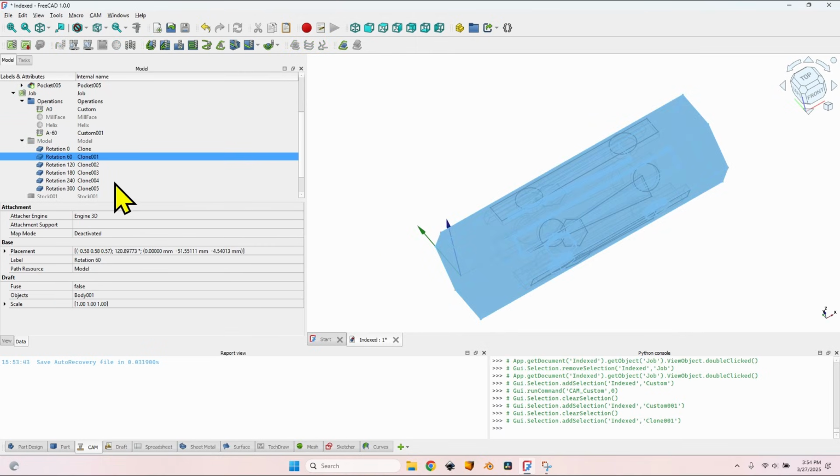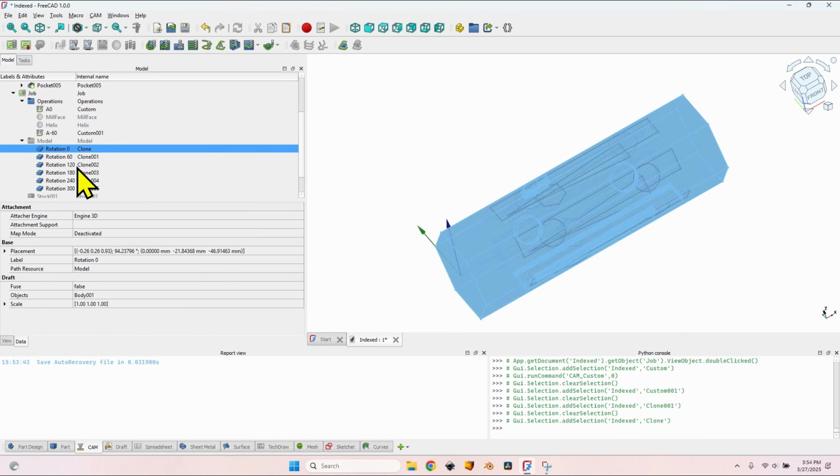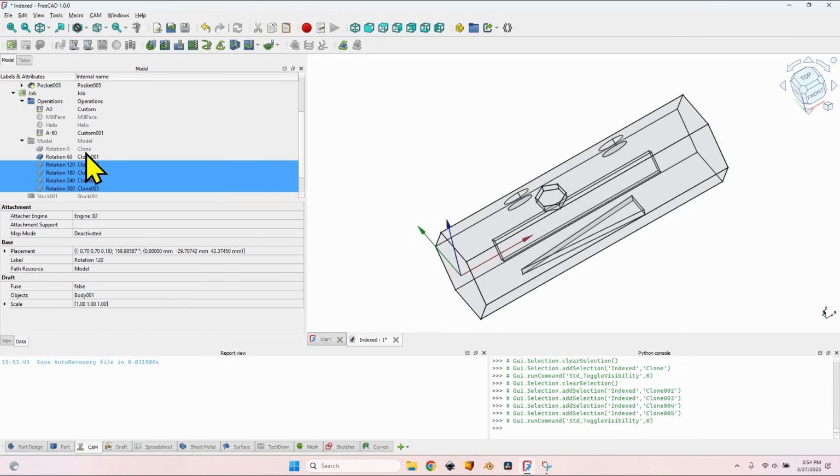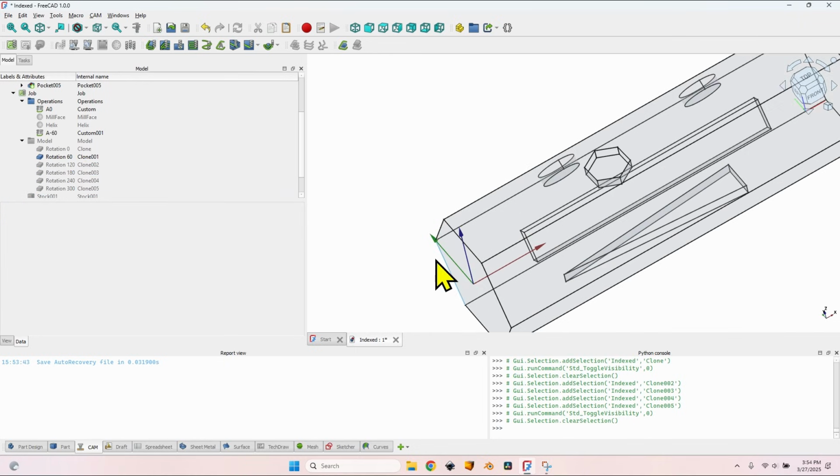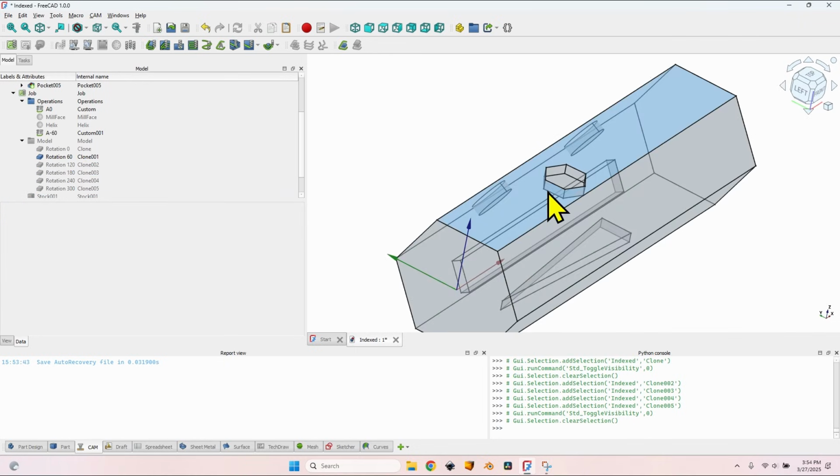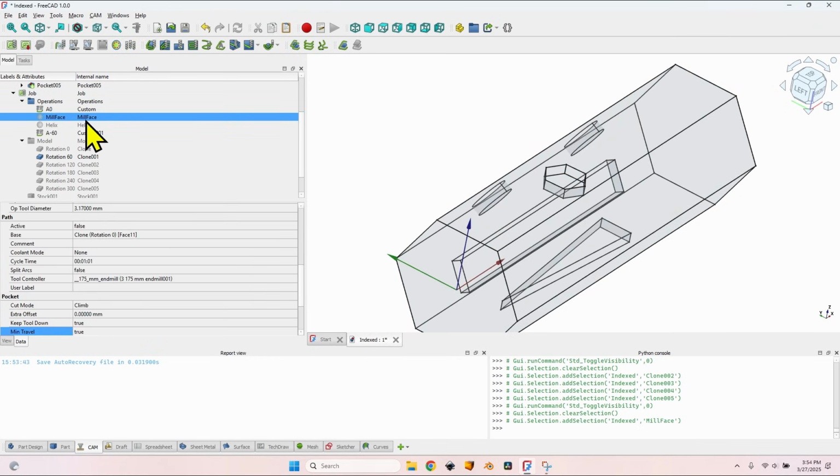Probably I should also rename this, but I'm not going to do it now. Hide the visibility for all the other objects. Now let's take a look at the rotation 60. It consists of this face and this little pocket. For the mill face, I'm going to just copy the operation that I've created for A0, and I'm going to